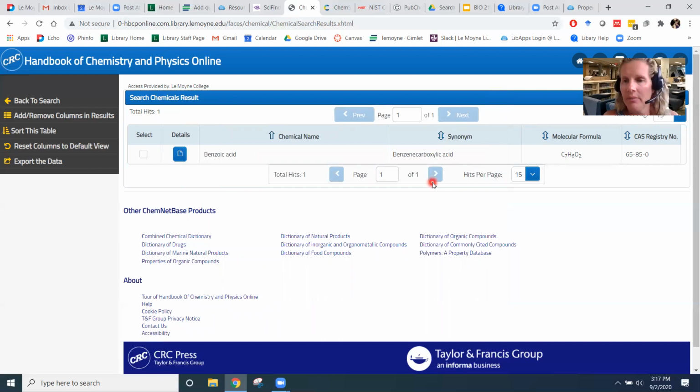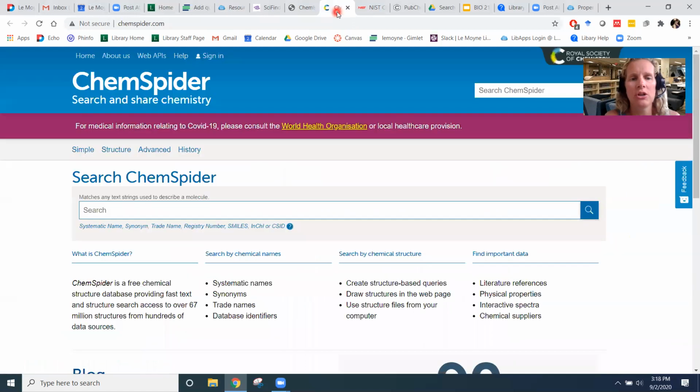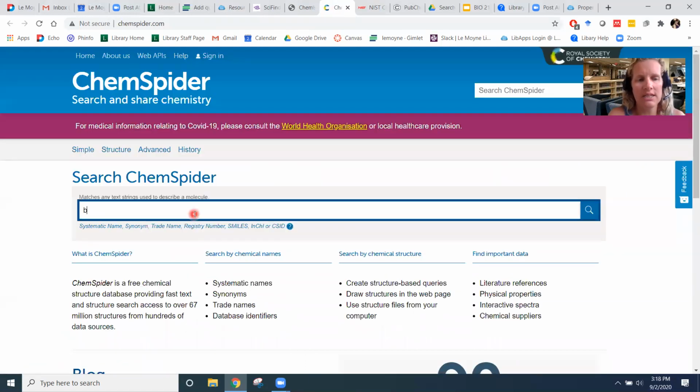You can access it online from anywhere. So it's a really good spot for your research this semester, for your organic chemistry needs, I should say, rather than your research. All right, just 3 more. ChemSpider. You may have used ChemSpider before. I'm going to show you what it looks like. Very simple